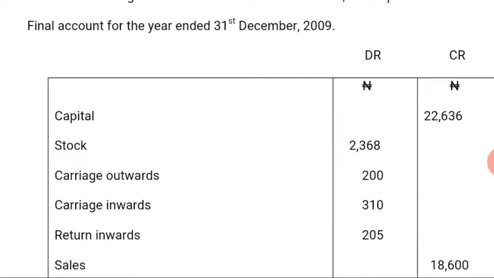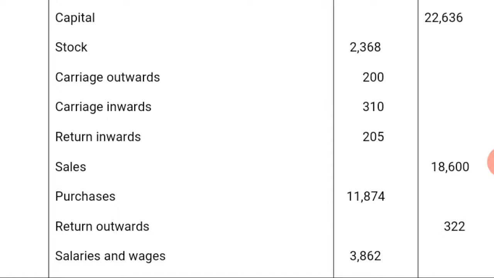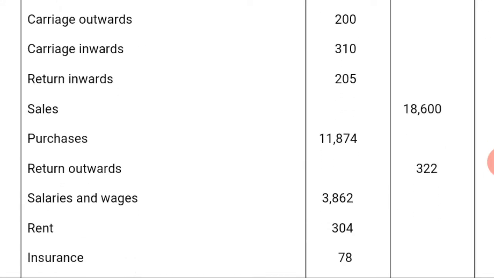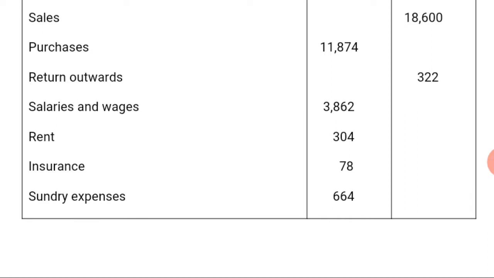Capital 22,636, stock 2,368, carriage outwards 200 Naira, carriage inward 310 Naira, return inward 205 Naira, sales 18,600 Naira, purchases 11,874, return outward 322 Naira, salaries and wages 3,862 Naira, rent 304 Naira, insurance 78 Naira, sundry expenses 664 Naira,